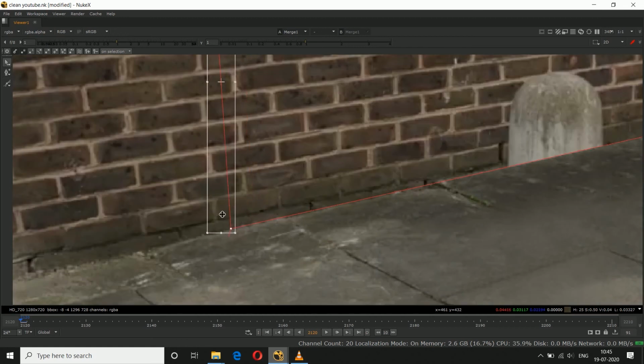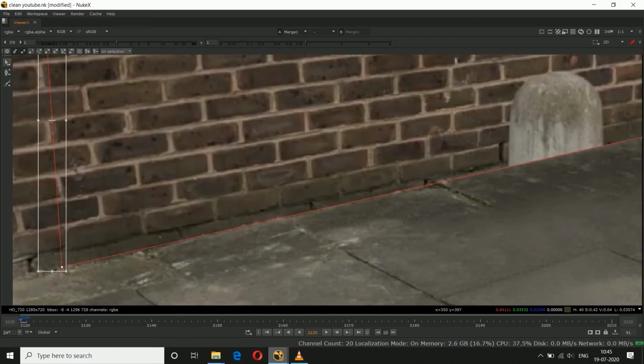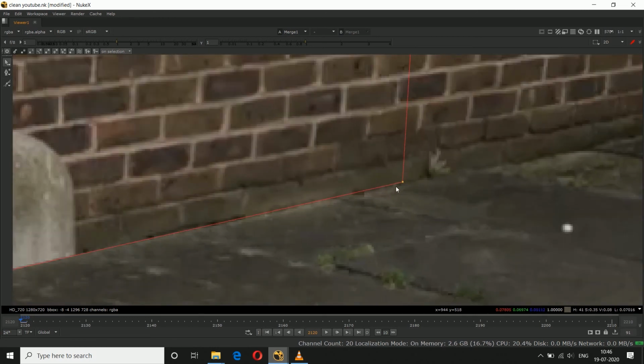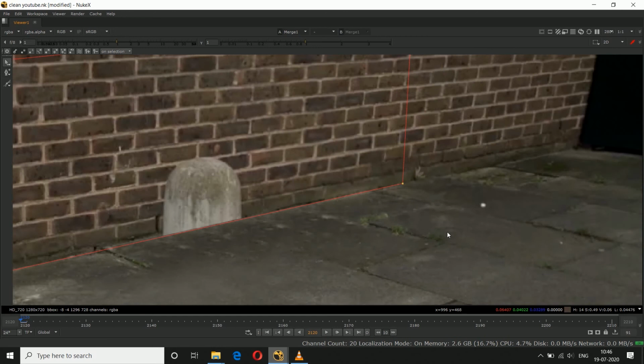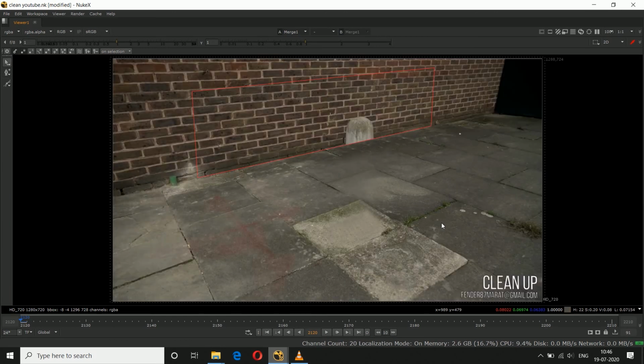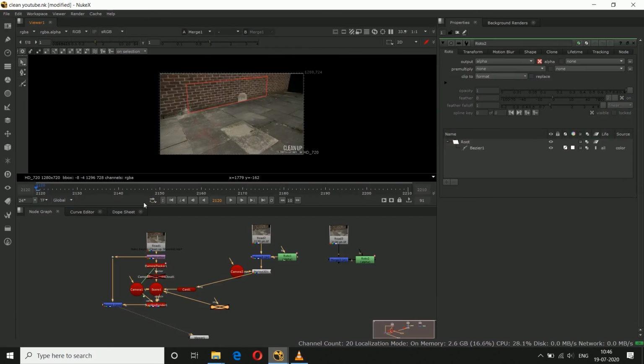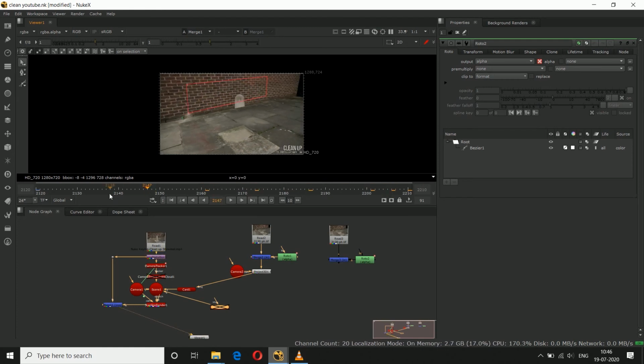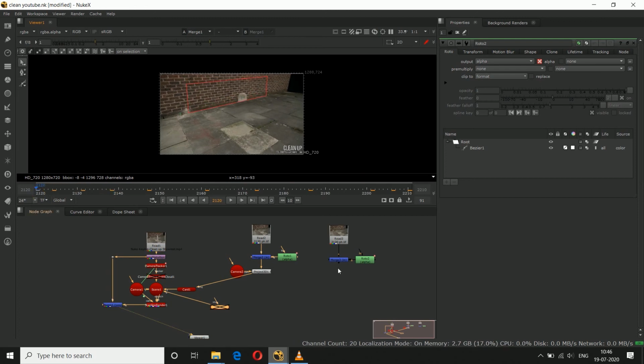We have to increase from here also. So now let's see one more time. Okay, go to end frame. See, so our roto is correct.